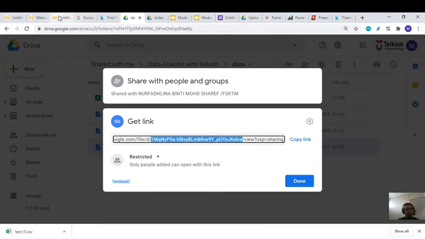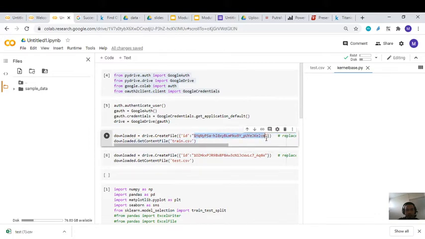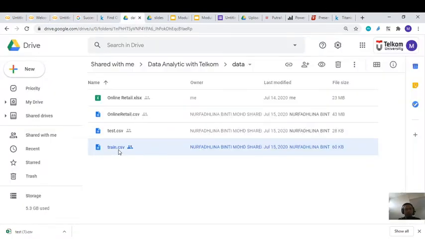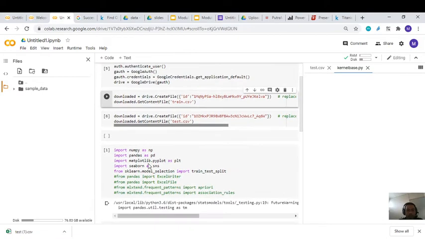Then we move to here and put it in here, Control V. Then please make this name the same as this name in your Google Drive, train.csv. Then you can run also in here. Okay, after that this is not an error, which means we already imported the data train and data test to our Google Colab.